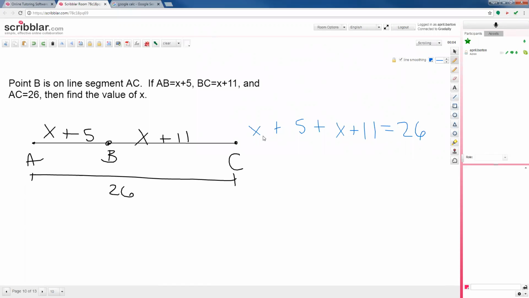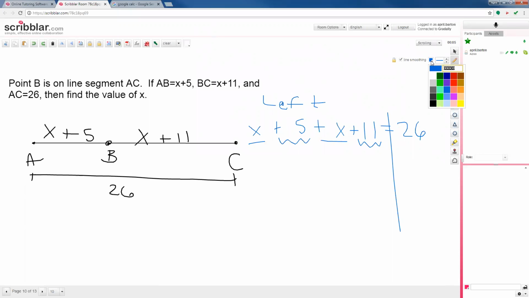So when you solve an equation, you always look at the two sides. We have the stuff to the left of the equal sign, and the stuff to the right of the equal sign. And you want to check for two things first. Is there anything to distribute? That's when you have some parentheses, but we don't. And are there any like terms to combine? So on our left side, what like terms could you add together? The x's, good. And then 5 and 11. Very good. The x's and the 5 and the 11.